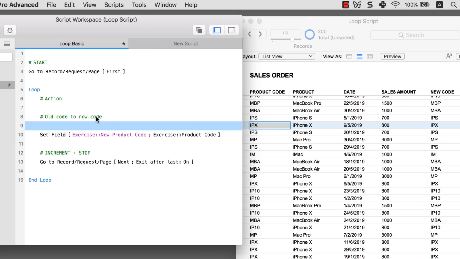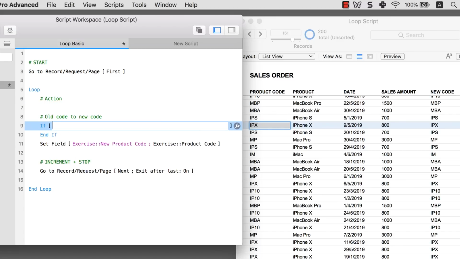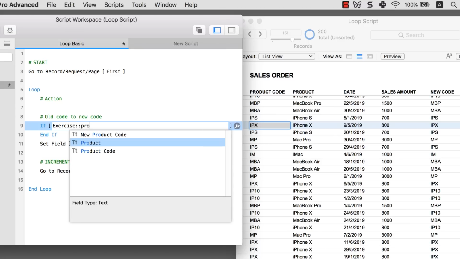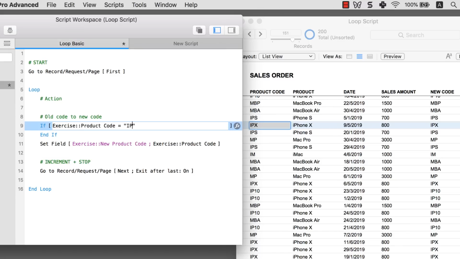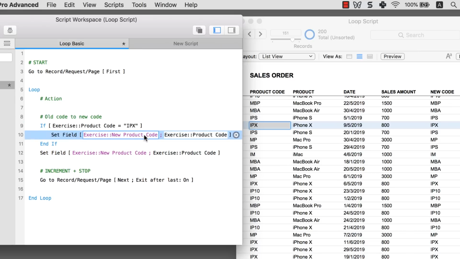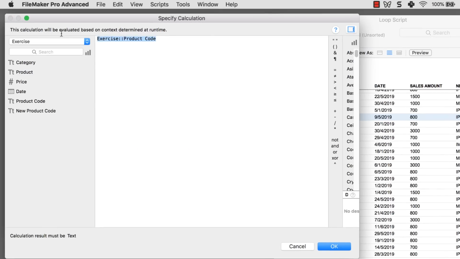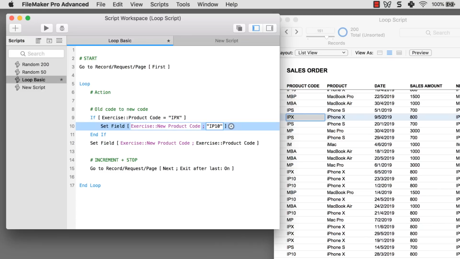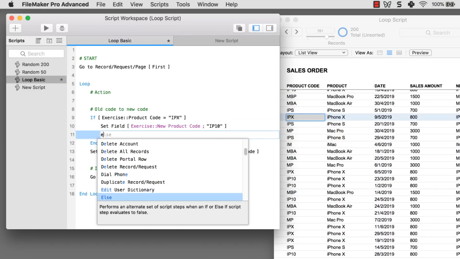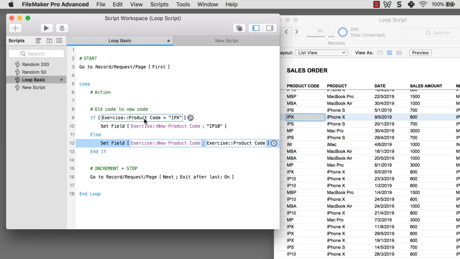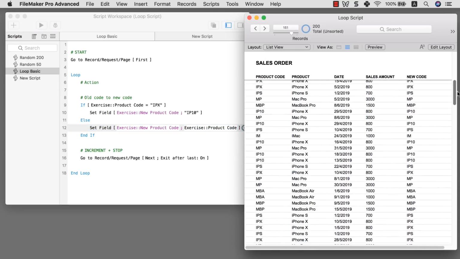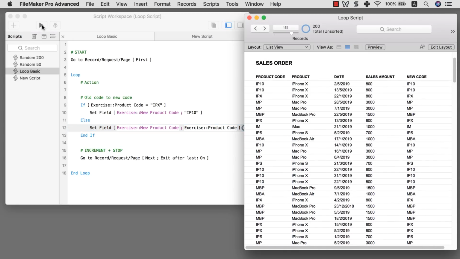So in order to write this code, I need to update my action in here. And my action can be an If: if product code is equal to IPX, then I'm going to, instead of updating this new product code with the old product code, update it to IP10 like this. And otherwise, if the product code is not IPX, else, I'm going to just update with the old product code like this. So let me try everything again, and if I click the play button now,